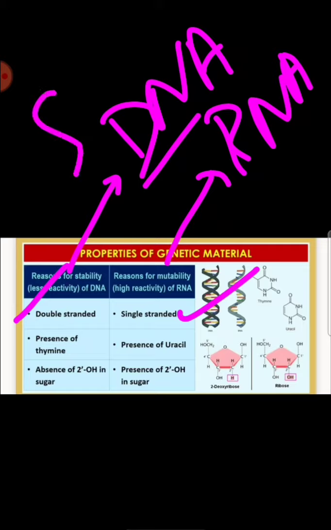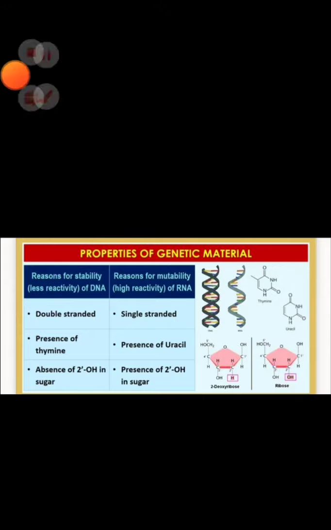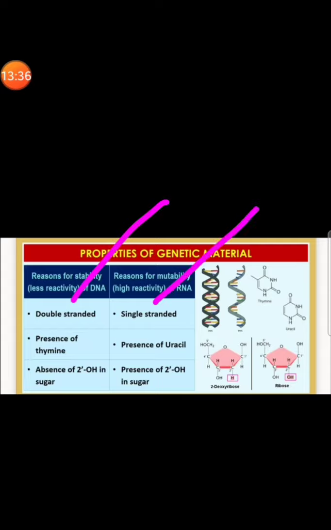So double stranded is nothing but it is having its partner, right? But RNA is single stranded. Okay, so it is not having its partner, so it is not stable. Okay, in that way you can remember. So it is double stranded and this is single stranded, and then presence of thymine here and presence of uracil, so very very important, and then absence of 2'-OH in the sugar, whereas presence of 2'-OH in